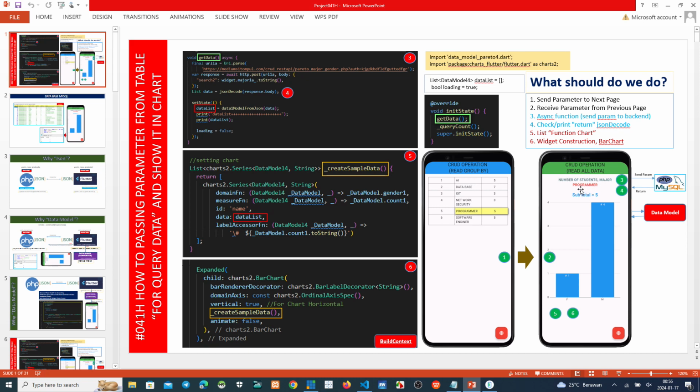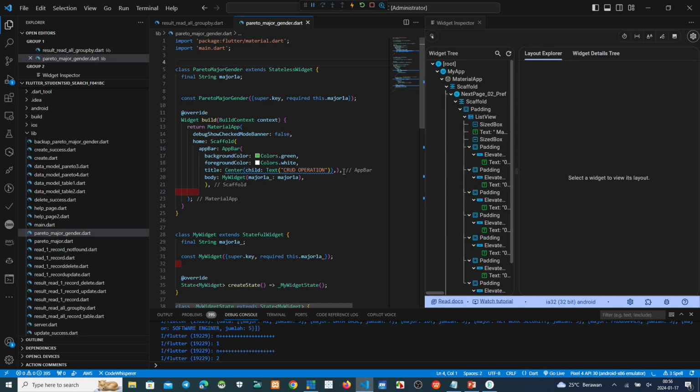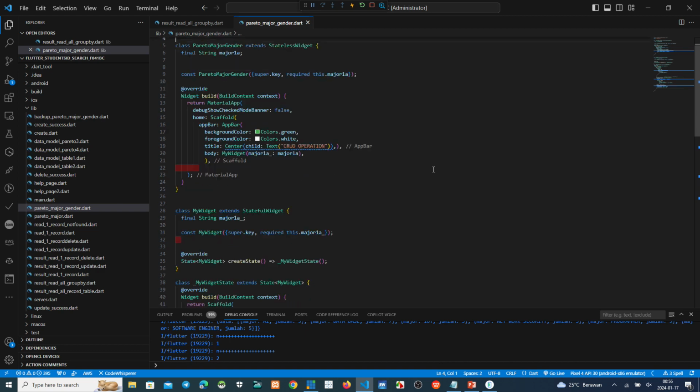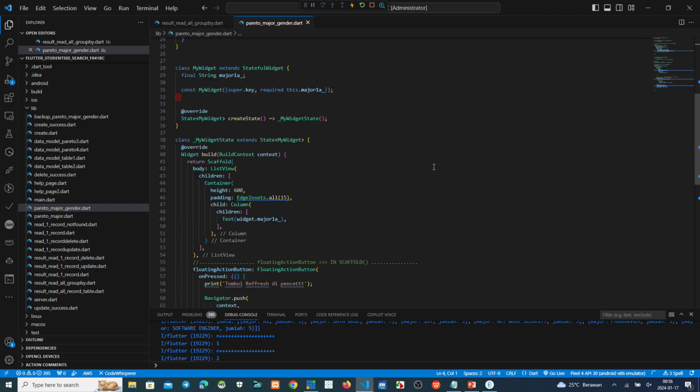Now, after we receive this parameter, and then send this parameter to the backend to query data from the database. Okay, this is we make asynchronous function. Okay, asynchronous function, we make the name is get data. Okay, get data. We check this one.